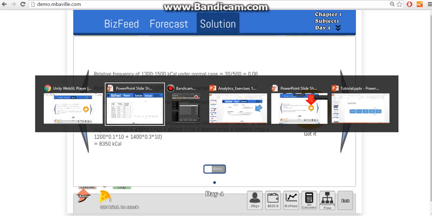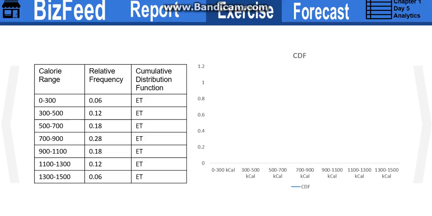So let me just show you how the exercise works for this day. So in the exercise, we show all of the calorie ranges and their respective relative frequencies, and the BizFeed had taught a bit about cumulative distribution functions. So what happens here is that the student has to enter the respective cumulative distribution function, and as they keep entering it, the game will automatically plot a graph in this side, and the CDF graph is usually like this, and the graph gets automatically displayed,